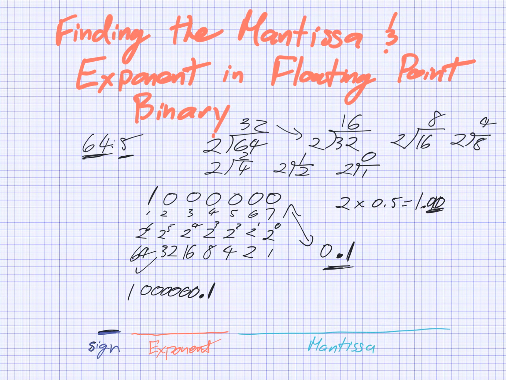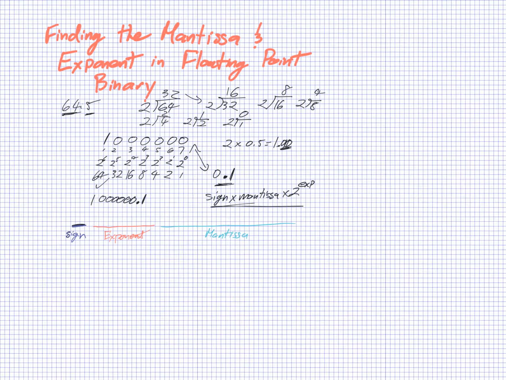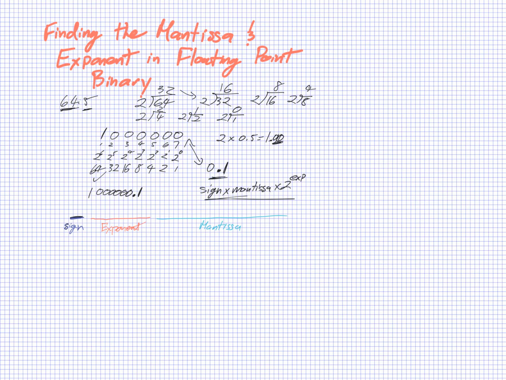Okay, but before we get to that step, there's a little formula we can also use to represent this, and it is the sign multiplied by the mantissa times 2 to the exponent. So we're actually going to try to convert into this first. Let me bring this over. Okay, so we had our binary value here. It was 1 followed by 6 zeros, 1, 2, 3, 4, 5, 6, and a radix,